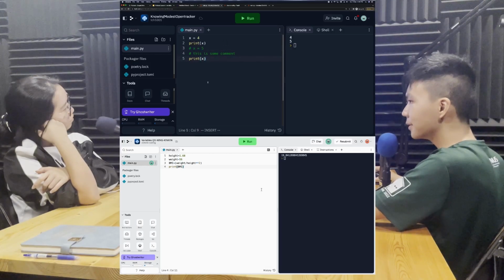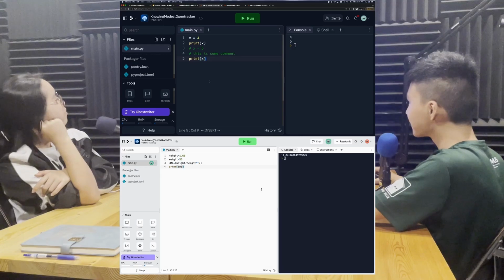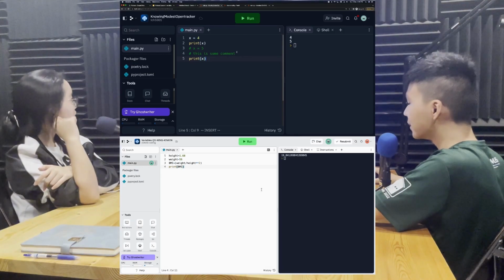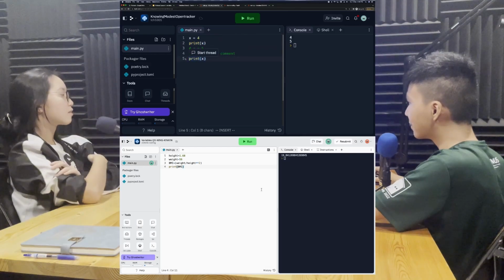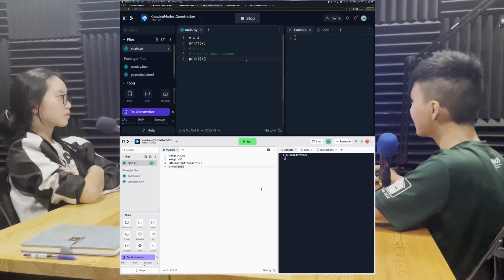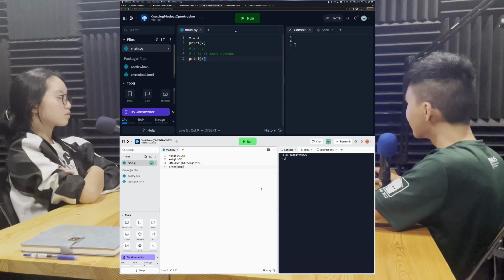So can you guess the output? 4. And there'll be 2 outputs, yeah, because there are 2 print statements, and there'll be 4 and 4. Okay, if not, then that wraps it up for our